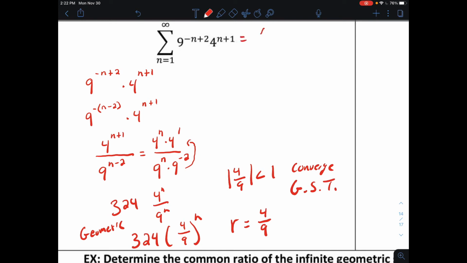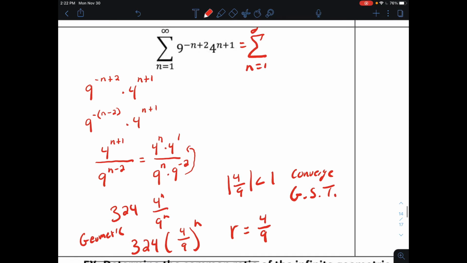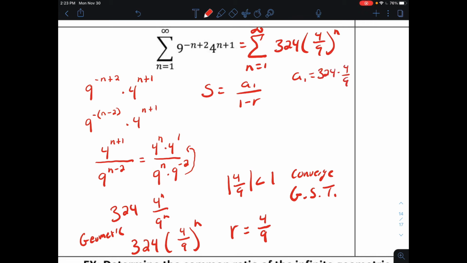Well, what we've done is we've written an equivalent form of this summation, where we go from n equal to 1 to infinity of 324 times 4 over 9 raised to the n power. Well, that sum would equal the first term over 1 minus r. The first term is, what do I get when I put in 1 for n? Well, that's 324 times 4 over 9, which gives me a first term of